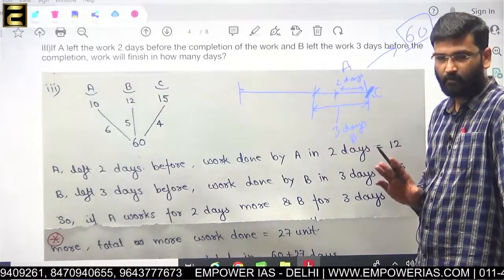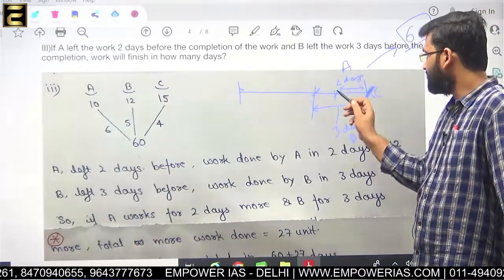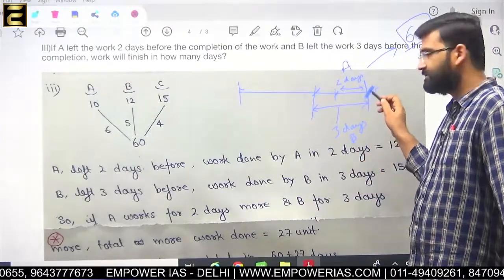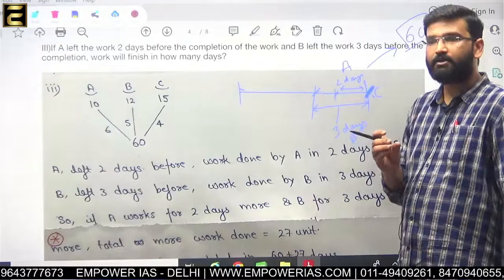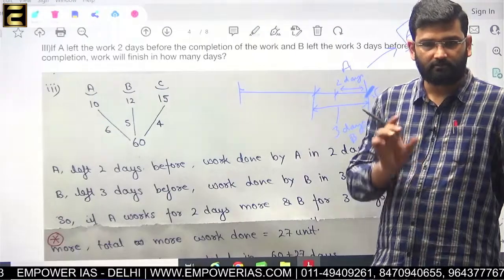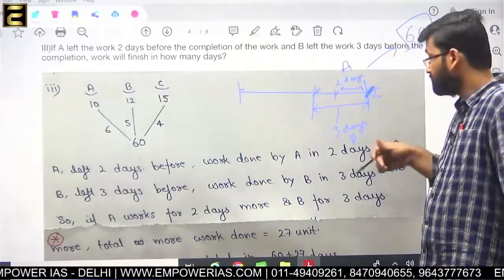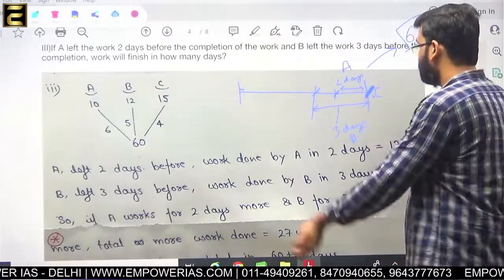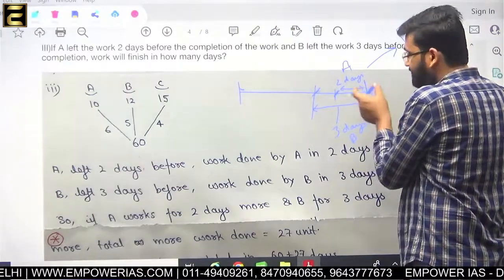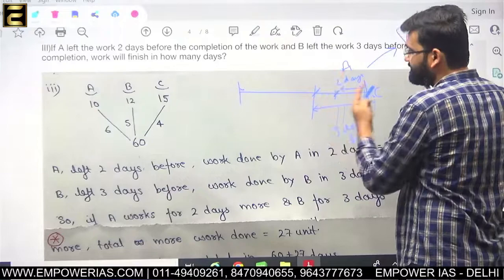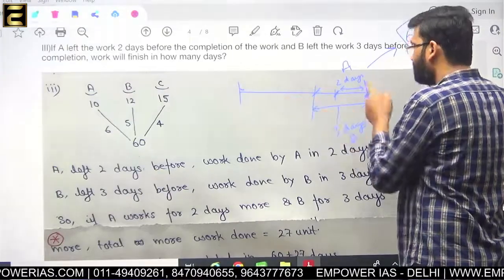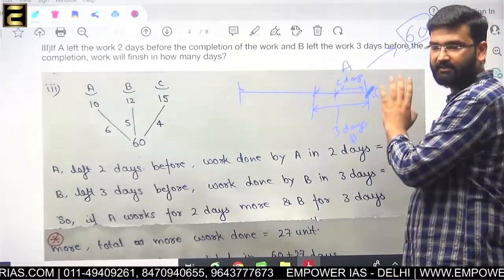Okay? Now I am saying suppose A also and B also are working for all the days, up to C. Then some more units of work will be done. Okay? So how much is that amount? Suppose we tell A not to stop here but to continue till the end. Then the extra amount of work, see, because in this condition when A is working up to here, B up to here and C up to here, the work is completed.